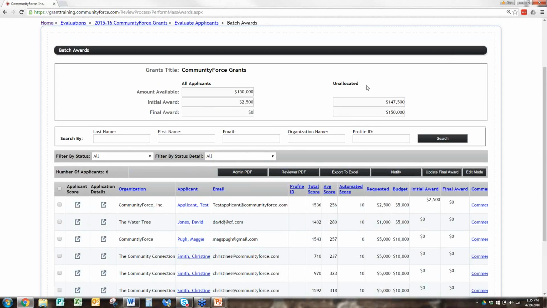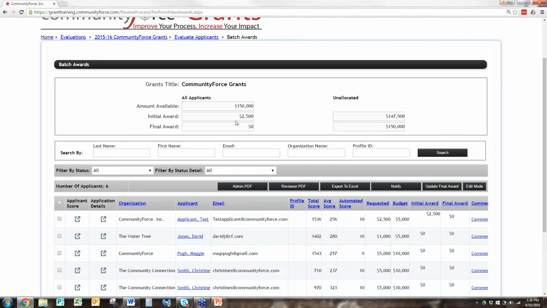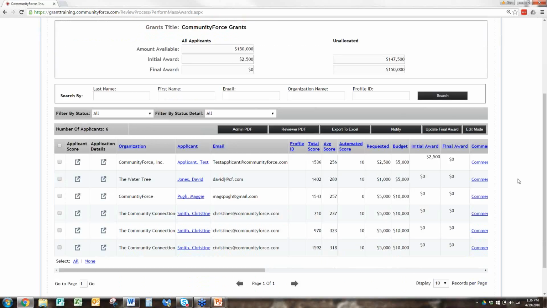In the Manage Awards, it doesn't affect that figure, but in the Batch Awards, it will give you the initial award figure, which is nice. So let's say I've done my initial award, I've gone through, I've sent my notification, I clicked on my applicants, I sent them the notification email using this notify button, or I can do it in the applicant status. Either way, you can notify them. I've sent them the email, they've been notified, they've